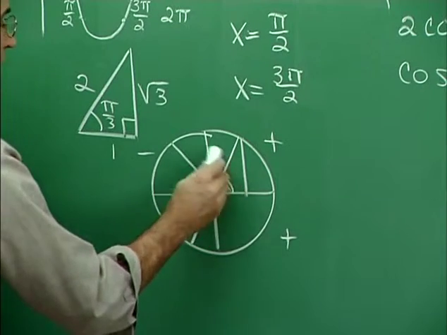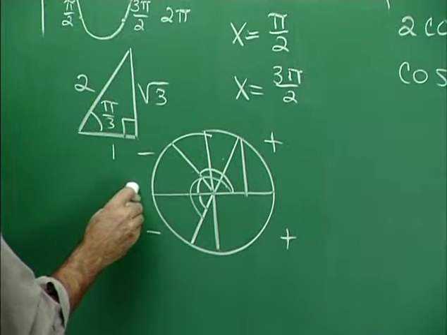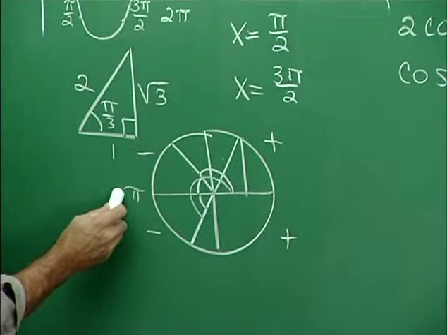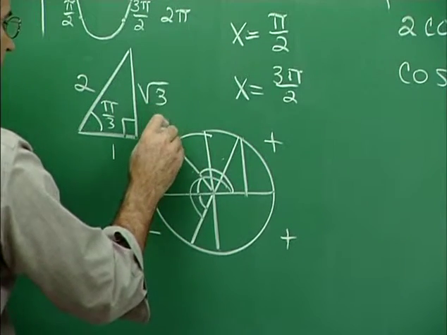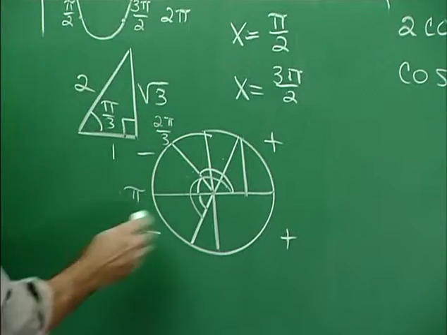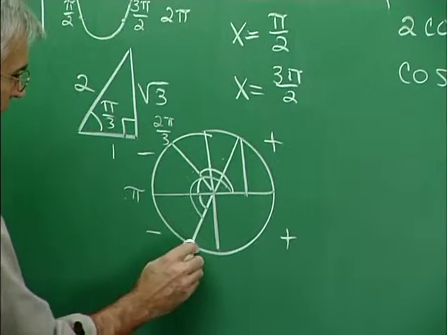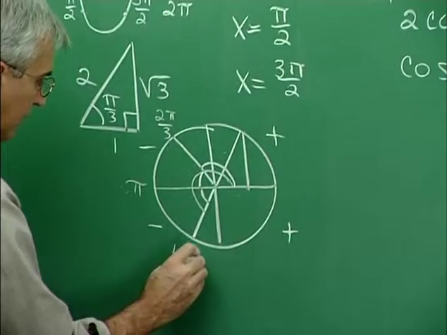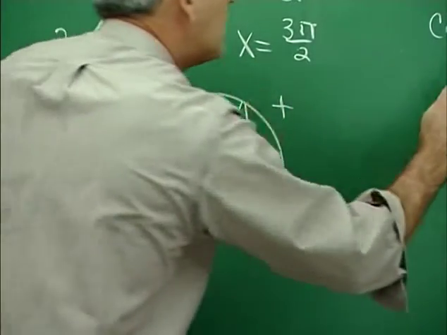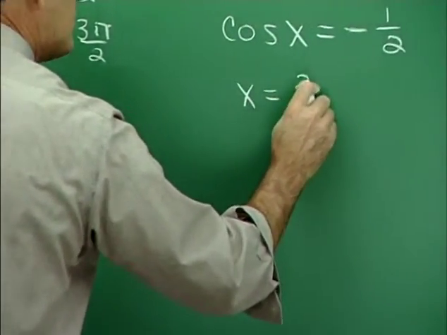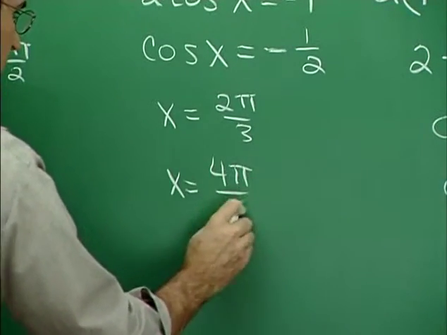Okay, now let's identify this angle. Now this is pi over 3, and this is pi, which is 3 pi over 3. 3 pi over 3 minus 1 pi over 3 is 2 pi over 3. So the angle to this point is 2 pi over 3. And this is 3 pi over 3, and another pi over 3 for this reference angle gives us 4 pi over 3. So we're talking about angles, x over here, of 2 pi over 3 and 4 pi over 3 that will